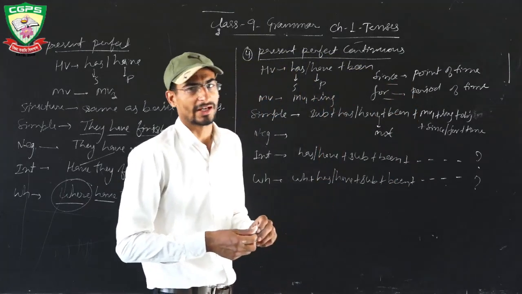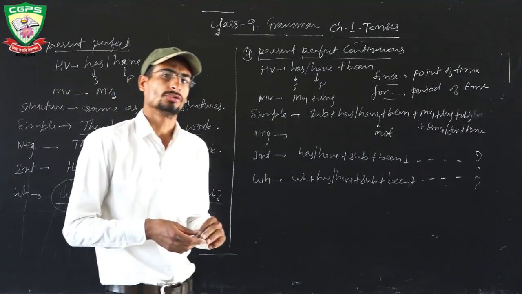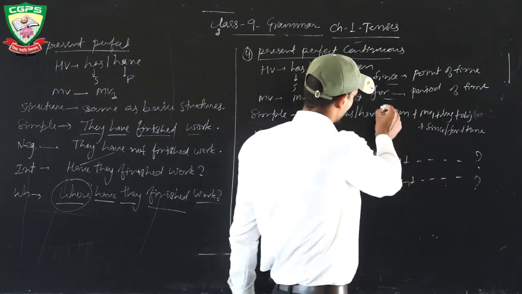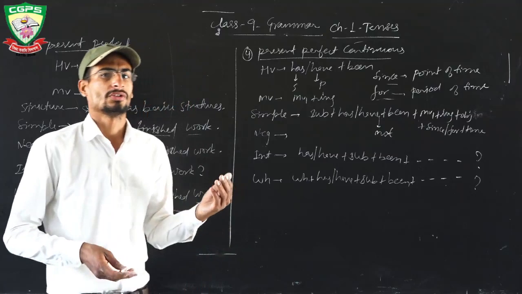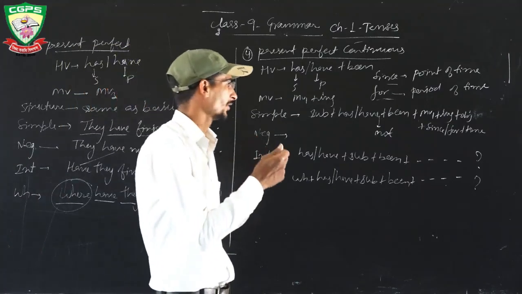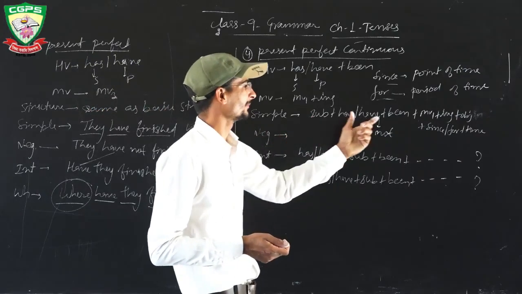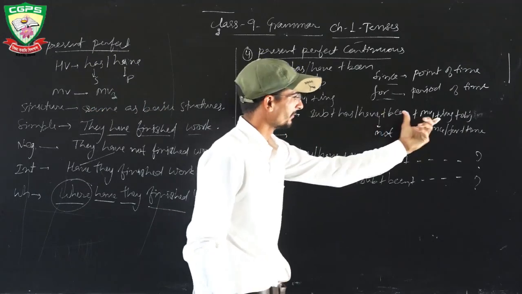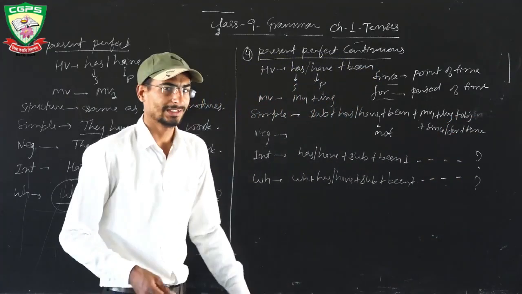Since for point of time जो fix होता है जिसको हम count नहीं कर सकते, like Monday, Sunday, June 2020. Next for period of time जिसको हम count कर सकते हैं, 1 hour, 2 hours, 2 days, 2 years. So that is period of time. Next is simple sentence. Structure is same. Subject, helping verb has, have and been, main verb first form plus ing, object. And since or for plus time is used at the last.